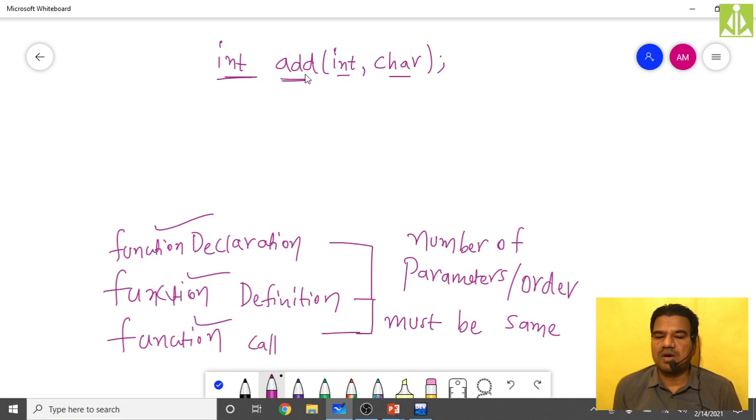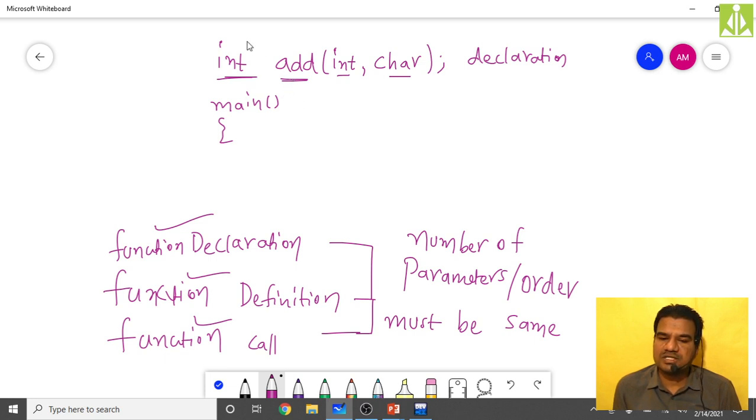As you can see, this is the declaration. When I said my function add will take two parameters, int and character, then when you do the definition and the calling, the number of parameters should match, and the order also should match. First an integer you need to pass, and then a character. So how do we do the call inside main? Inside main we call this add function.